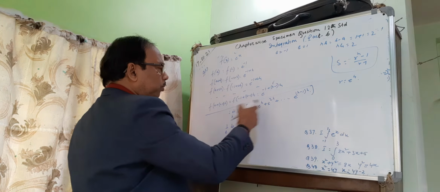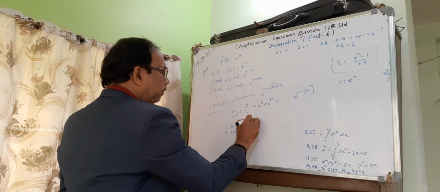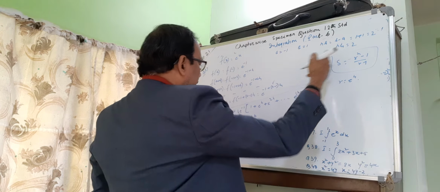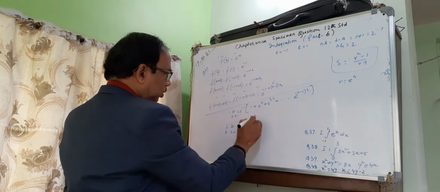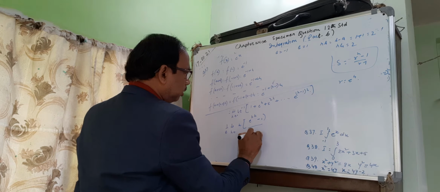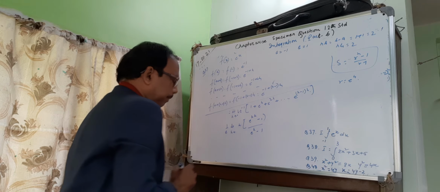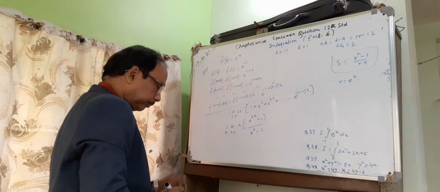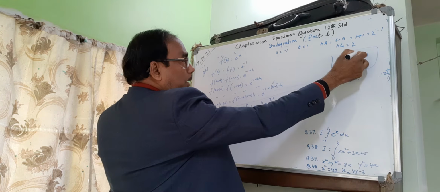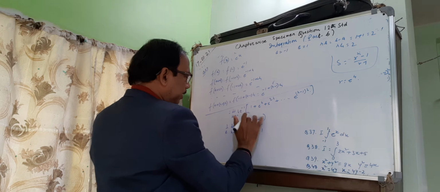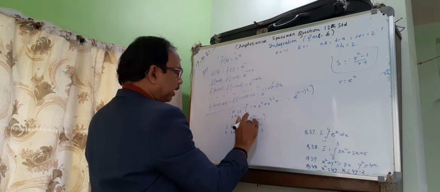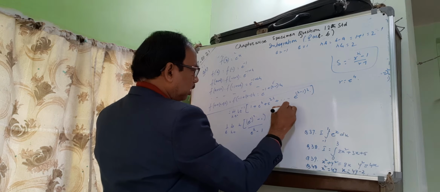Common ratio is same, therefore r to the power n, r means e to the power h, we can write (e to the power h) to the power n, r to the power n, that is e to the power nh. That equals to limit 1 by e,